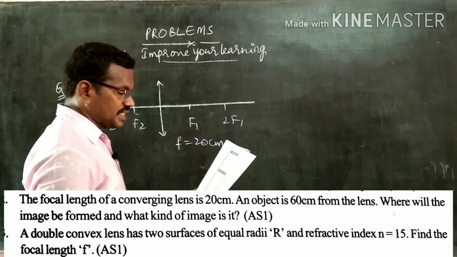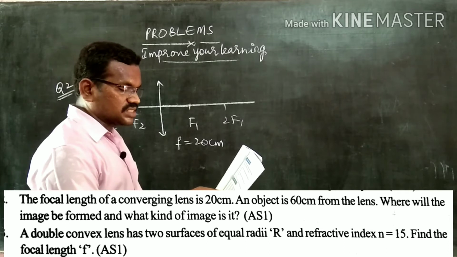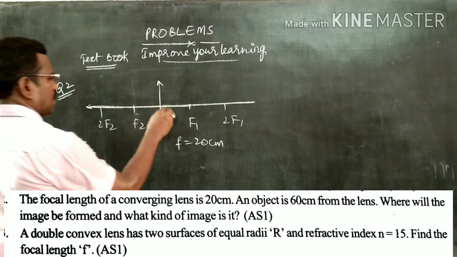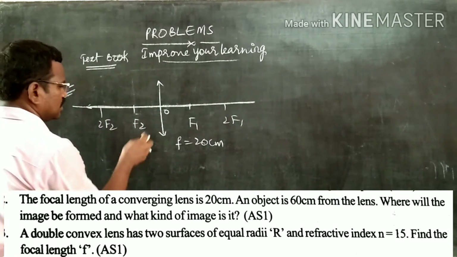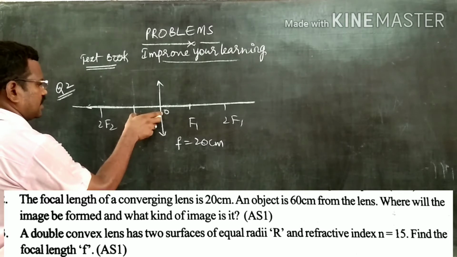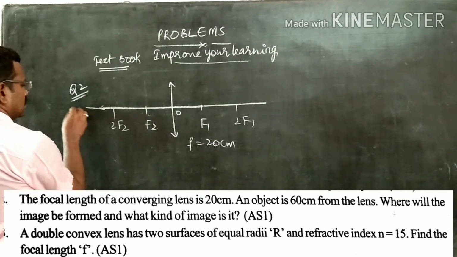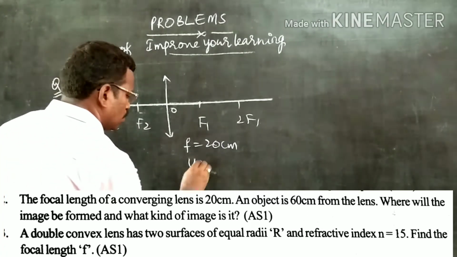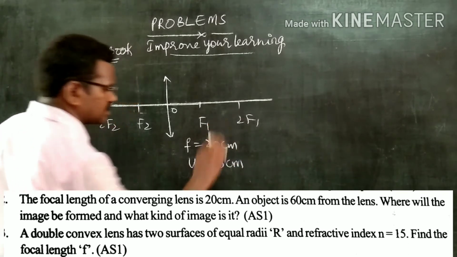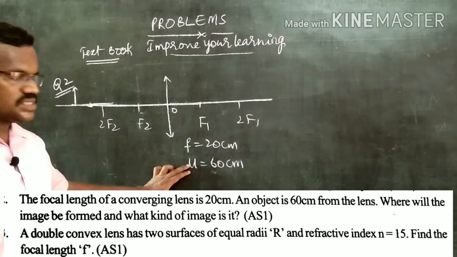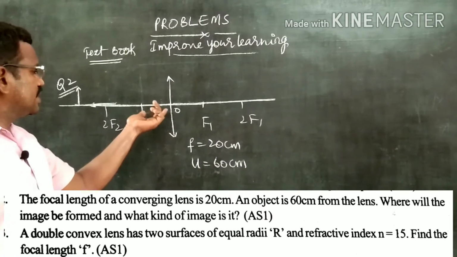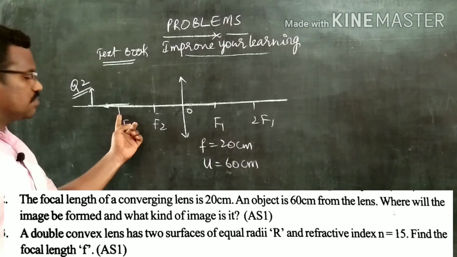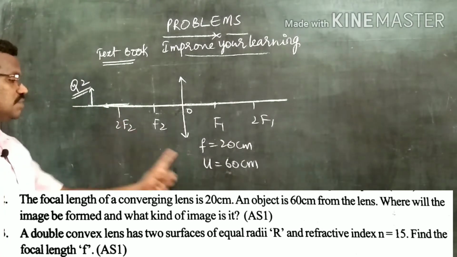Okay, very good. Next one, an object is 60 centimeters from the lens. Means if we consider from this side, from the optic center, an object is placed. See here the distance is 20 and again 20 means 40. This means the object is located beyond the center of curvature, whose object distance is 60 centimeters. Why? Because the distance between the optic center and focus is 20, then the radius of curvature becomes 40. Beyond 40 the object is located.